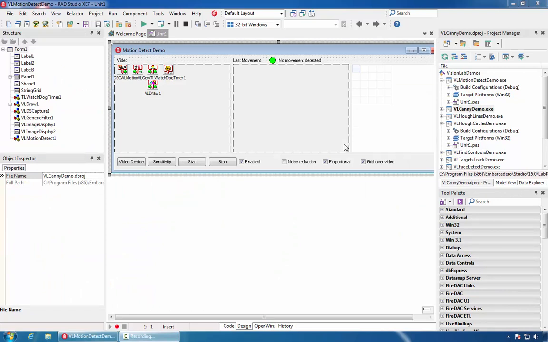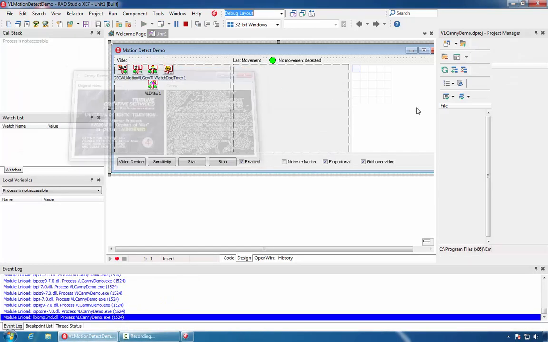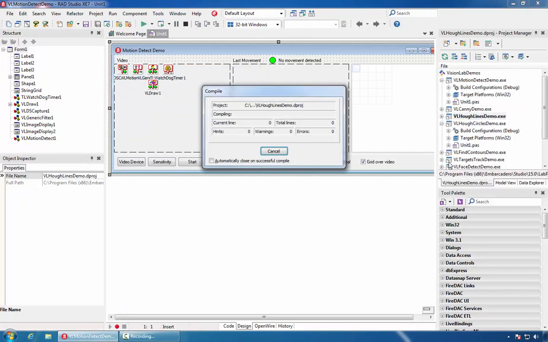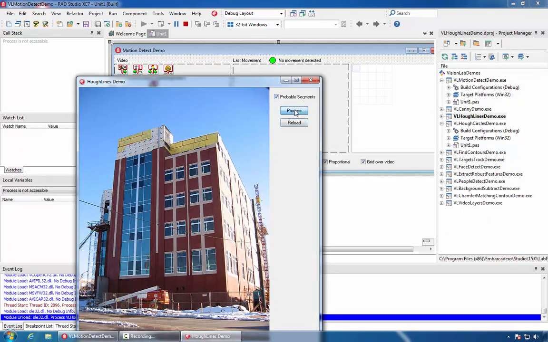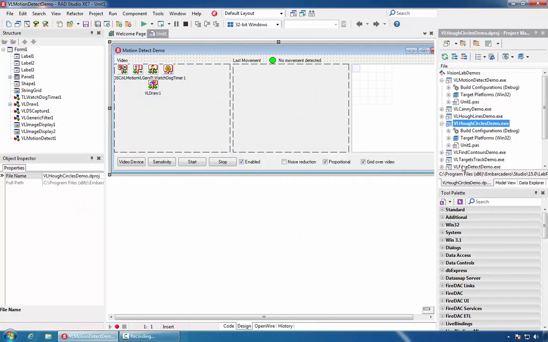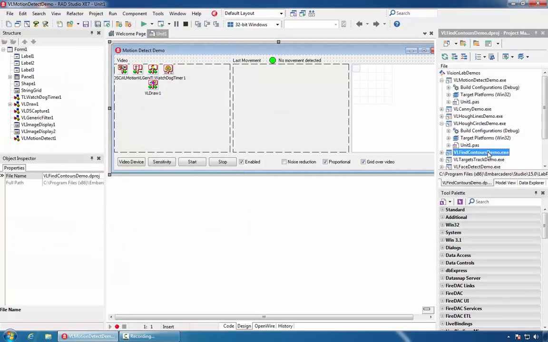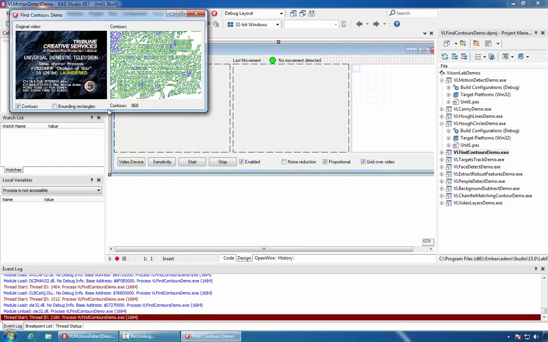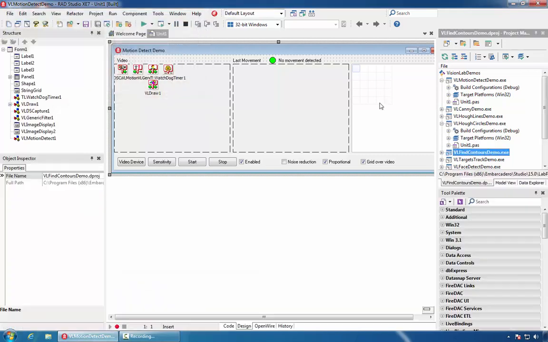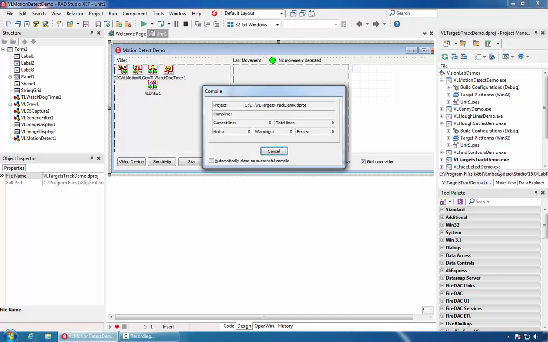Quick look at the VisionLab demos. It is a library for computer vision: Canny edge detection, Hough lines and segments, Hough circles, finding contours, both inner and outer, and their bounding rectangles, target tracking with optical flow,